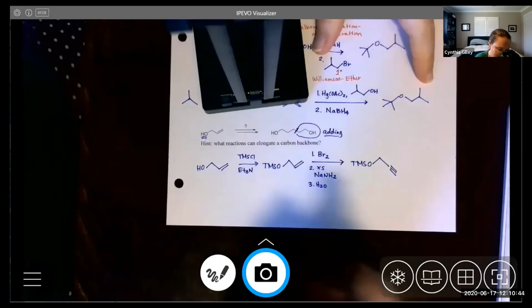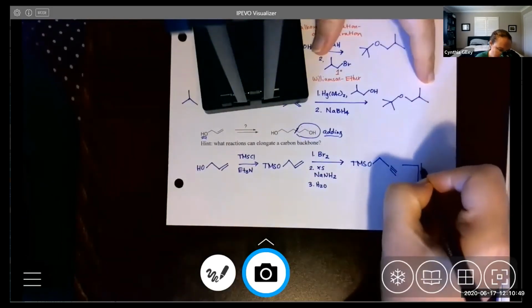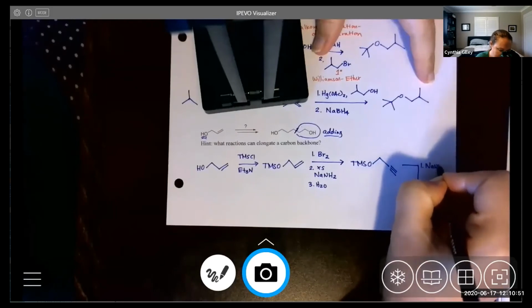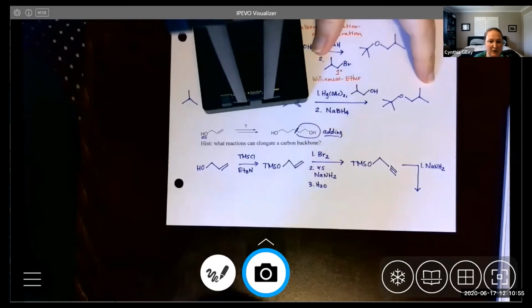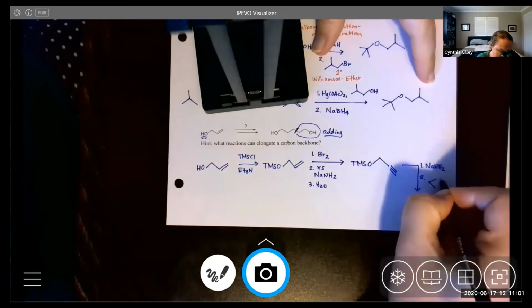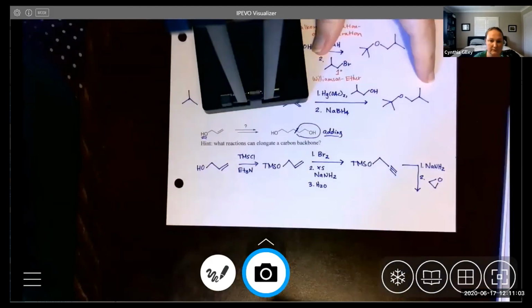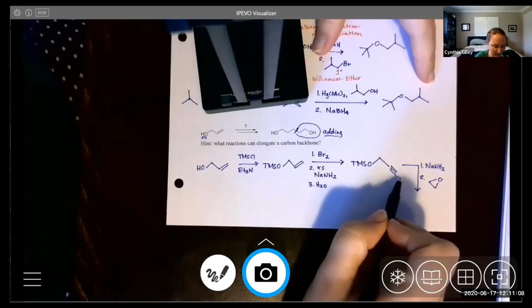So what I can do is I can use a strong base, and you've seen this alkylation before, but you've probably never seen it with an epoxide. So it can actually attack ethylene oxide. So if I deprotonate here and make an anion and a lone pair, I could do an